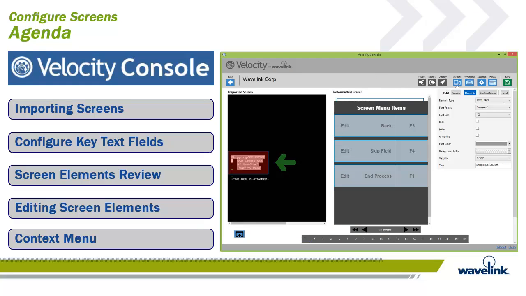In this module, we will discuss how to import .wltsc files into the Velocity console. Next, we will discuss how to configure the key text fields that confirm what screens to reconfigure. Then, we will do a review of the screen elements and then what unique features are available when editing and creating screen elements. Last, we will talk about the context menu, a pop-up menu that can be made available per